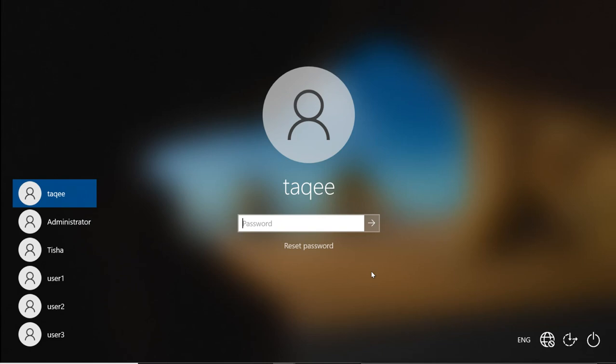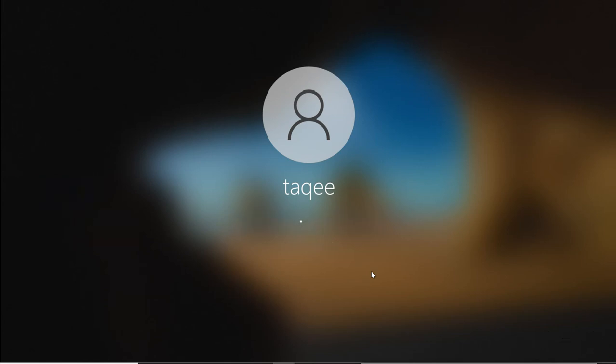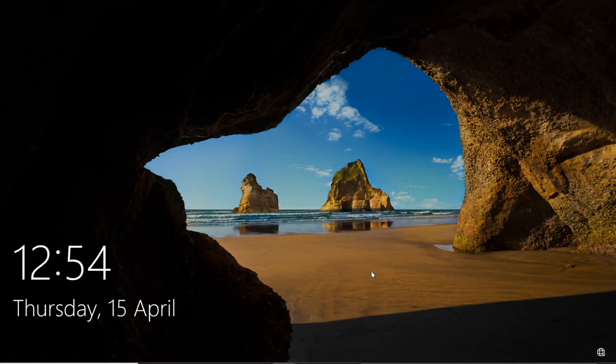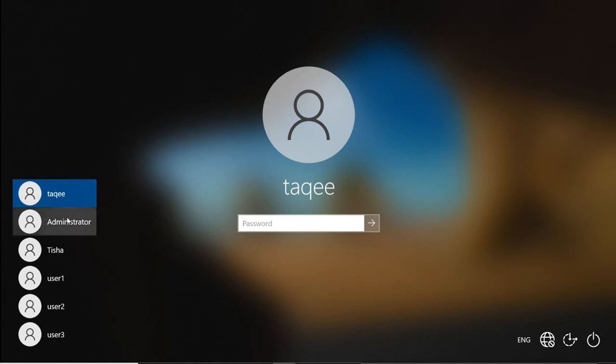So after 10 minutes I can use the right password. But if I don't know the right password, if I forgot my password, then I have to wait 60 seconds to try some new passwords again. If I don't want to wait that long, I will call the administrator and say I forgot my password, I used the wrong passwords and now my account is locked. So the administrator will log in with his own account.